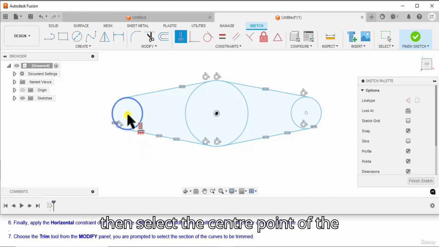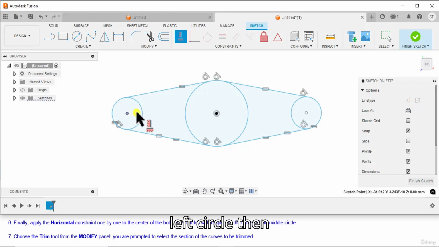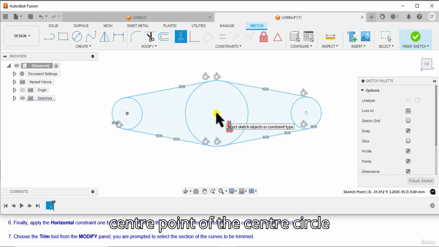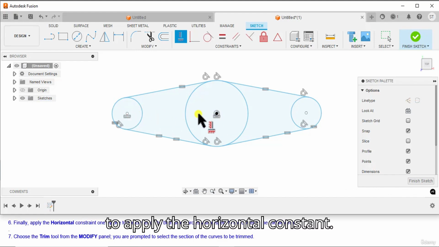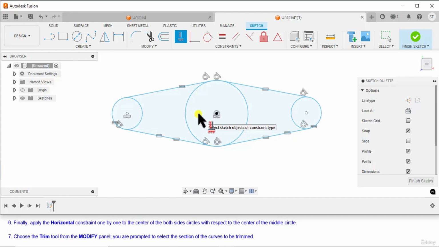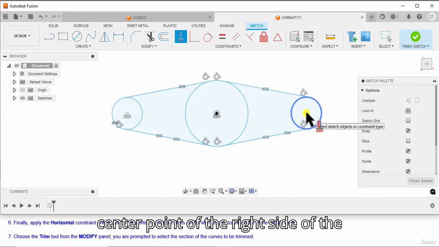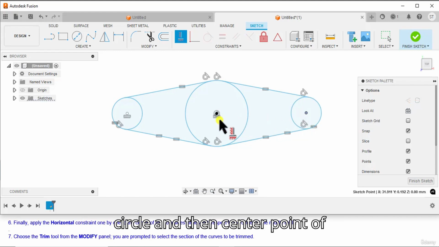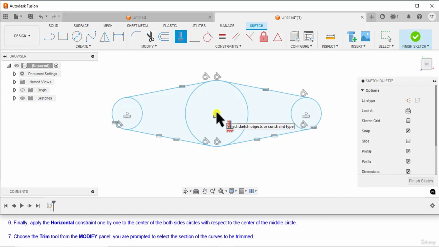Then select the center point of the left circle, then the center point of the center circle to apply the horizontal constraint. Again, select the center point of the right side circle and then the center point of the center circle to apply the horizontal constraint.